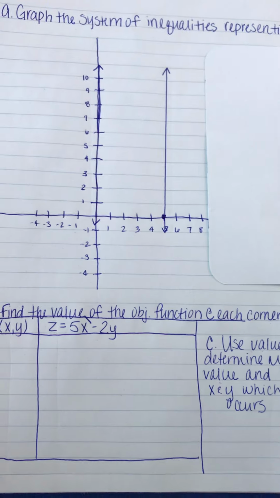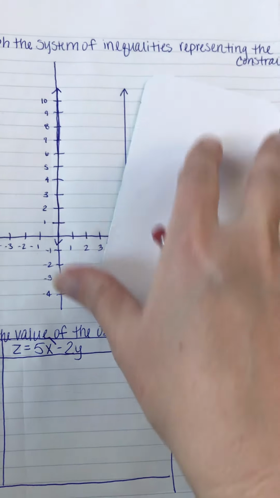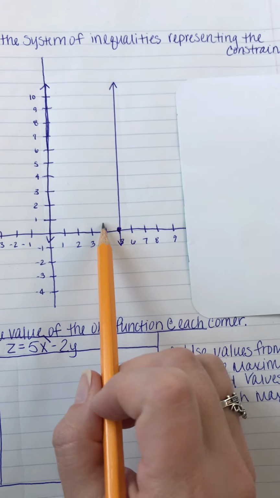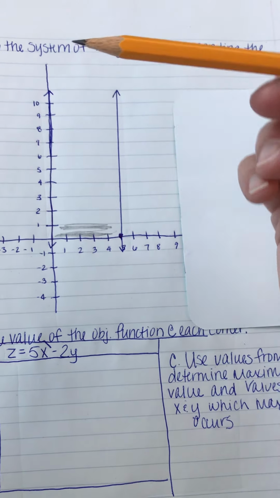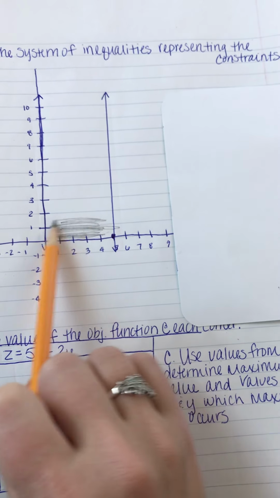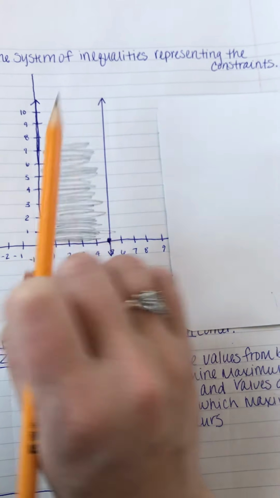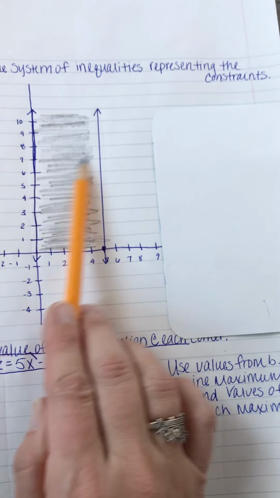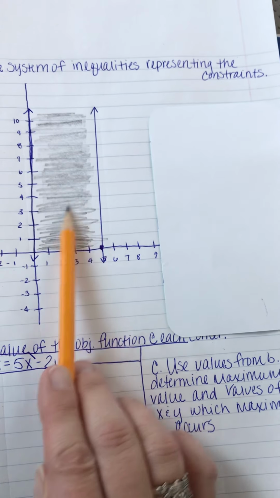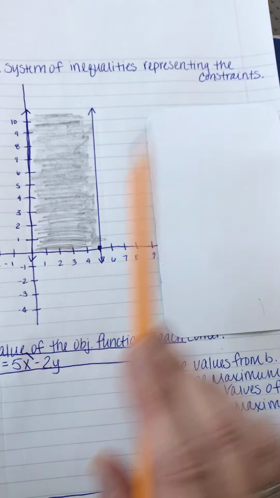So we know that this inequality is going to happen in this area right here. So we'll just go on and shade in this area because it is constrained to the area between x equals 0 and x equals 5. Now,